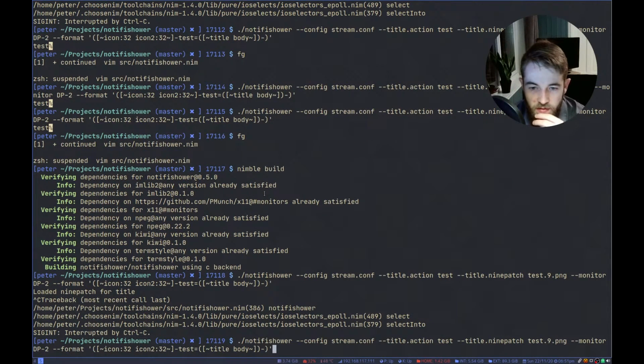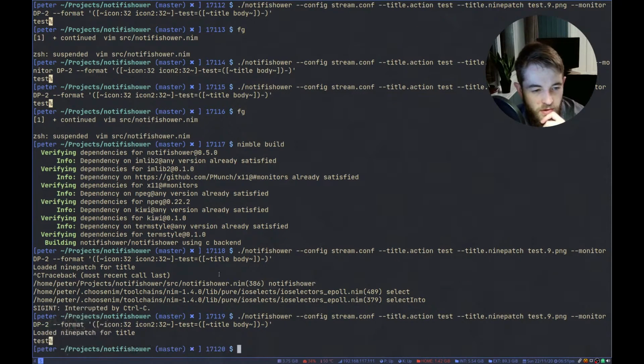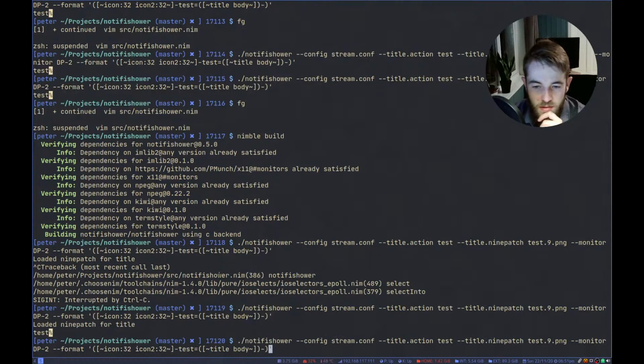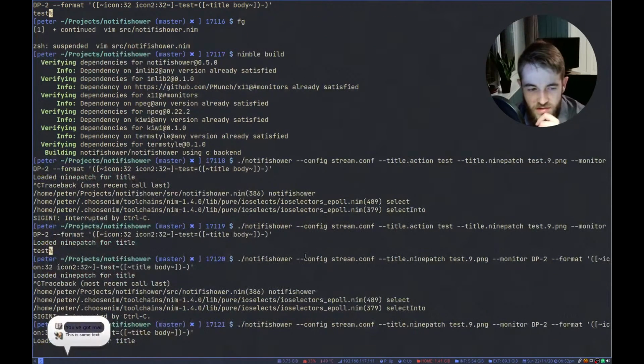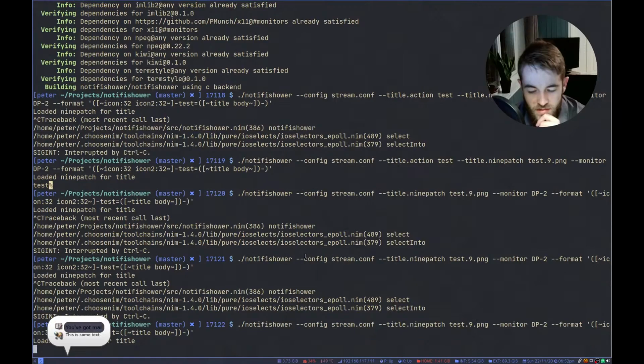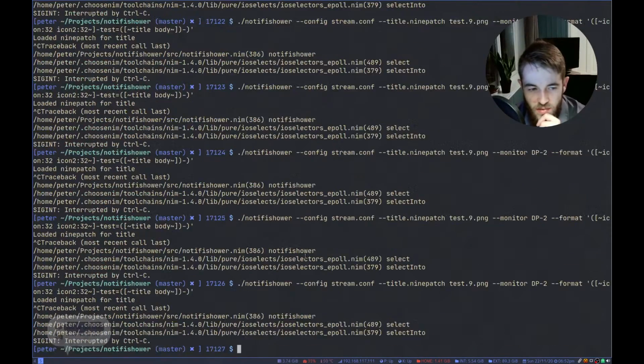Oh, now we have this. Oh, wait, what? Wait, now it works. But what the hell? I didn't change anything. That's disconcerting. It doesn't seem to be random.